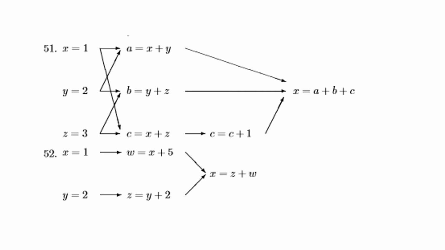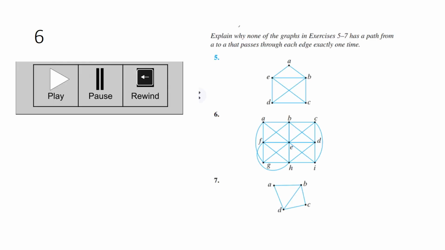For 52, likewise, you can see that we go from... actually 52 is more straightforward, I think. Those are examples of things called precedence graphs. And we're going to